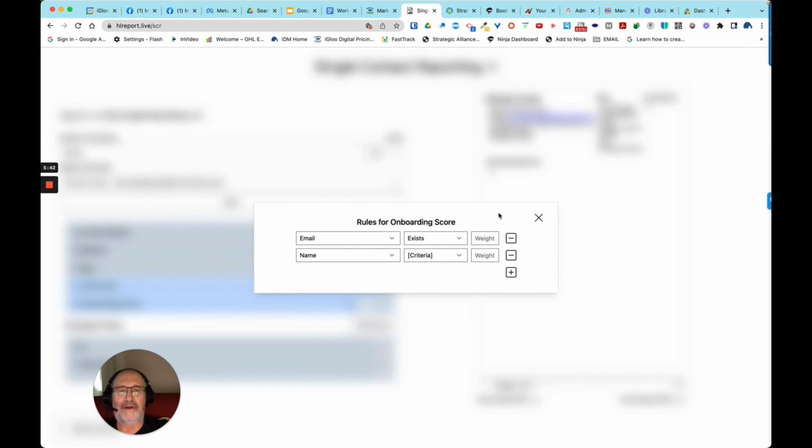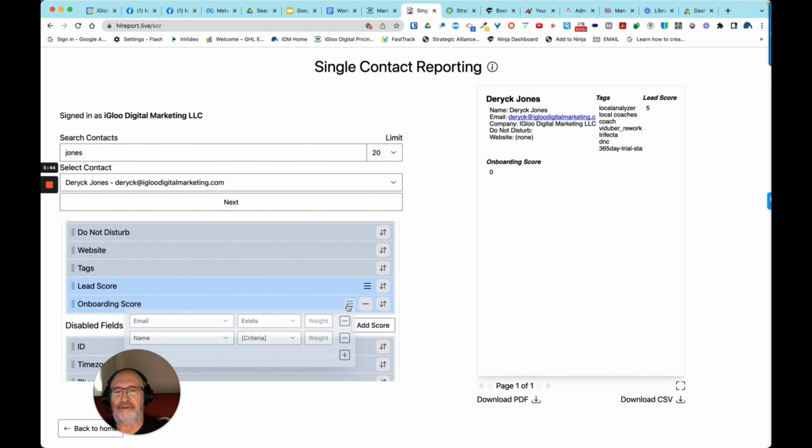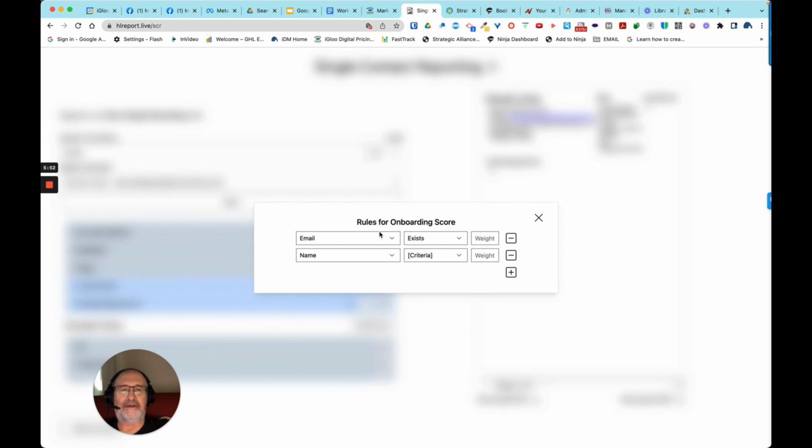One of the things you can do so that you're not bouncing around like I am there is you can double click on it, and it pops up into the center where I can then add additional criteria. So I can add, for example, does the name exist? And then for each one of these, apply a weight. If the name field exists, that's